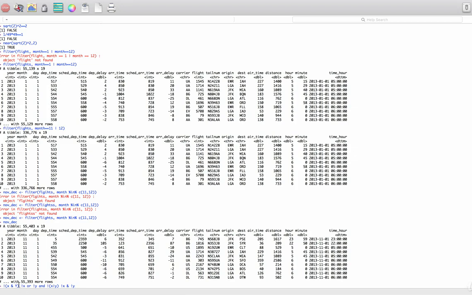So does not equal x and y is the same as, we'll say instead of saying equals x and y,